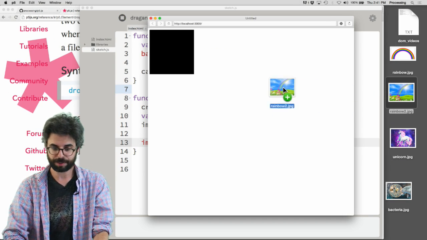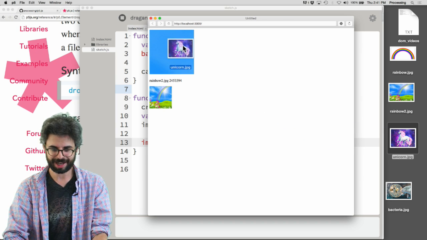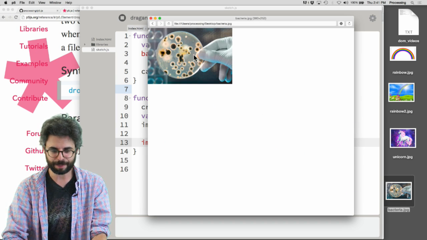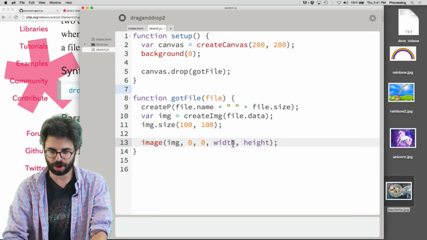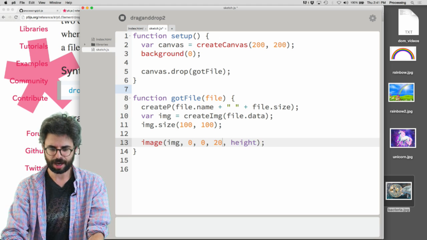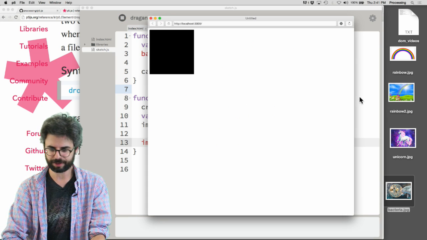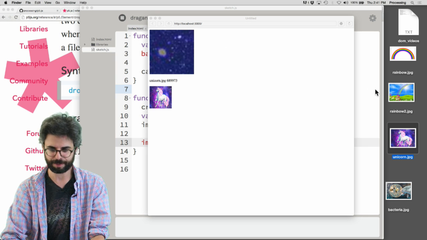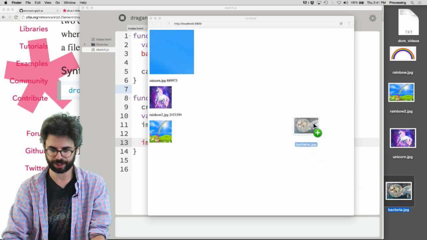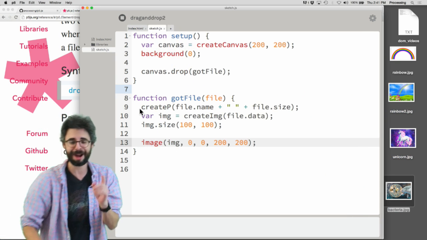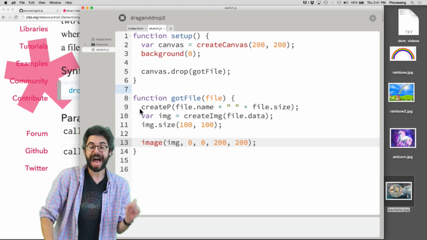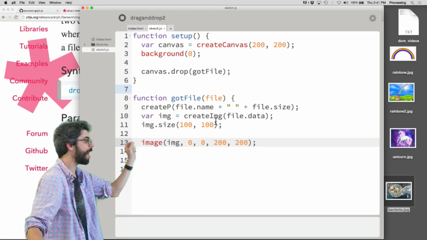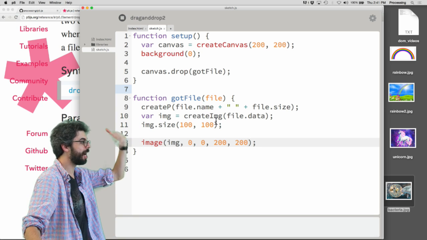So now we should be able to see this. Now I'm only seeing the top left corner of the image because they're kind of small. I'm surprised about that because I'm drawing it supposedly with the width and height of the image. I feel like that's a little bit of a p5 bug there. I don't know why that's not working. I have to examine that. But also the thing that I wanted to show you is that even though I might have to do it this way, to create the image